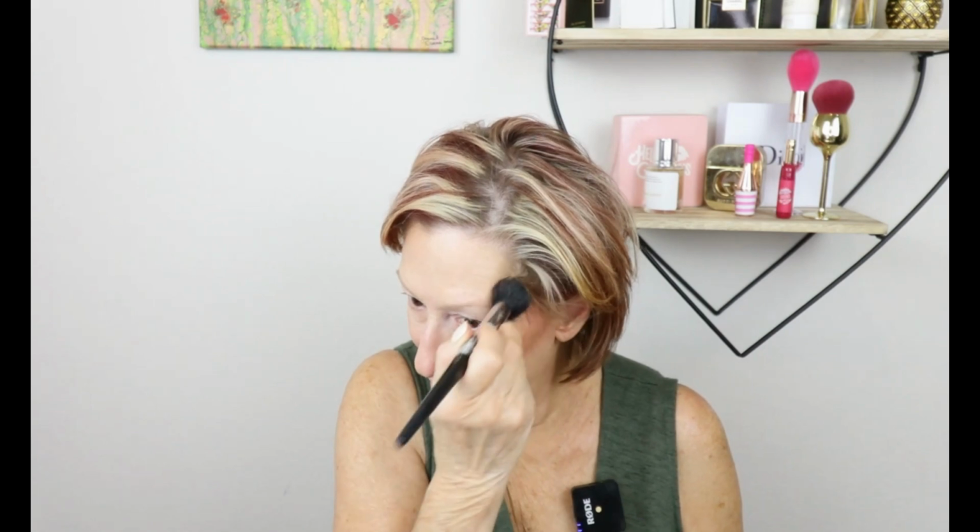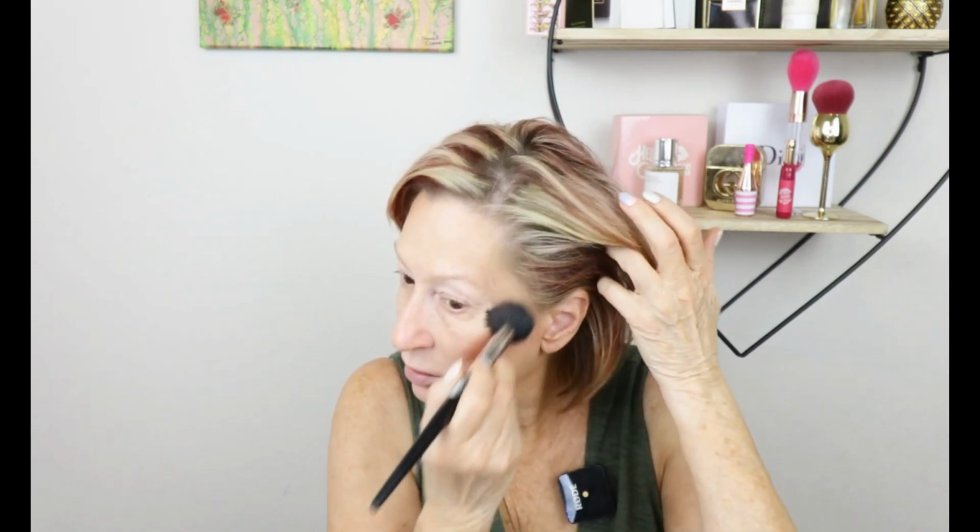That's pretty. Let's do that again on this other side. I like that. Yes, I do. Kind of a peachy color combination, and in the middle of it is a shimmer. Digging that. All right, so